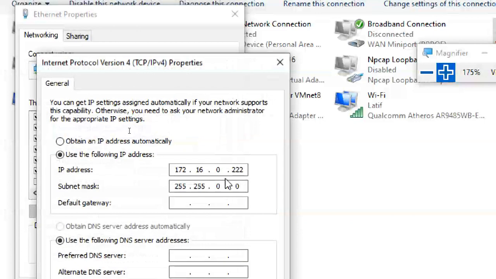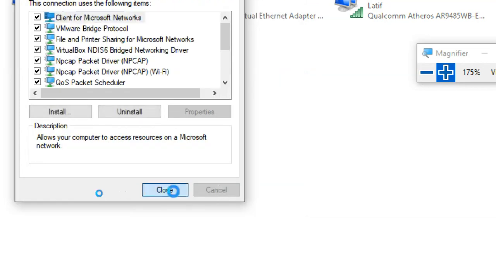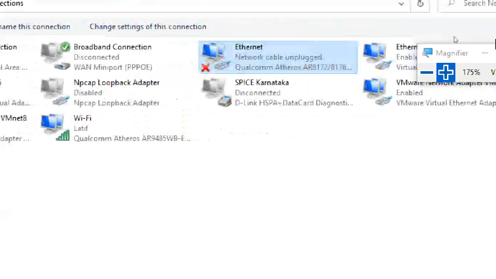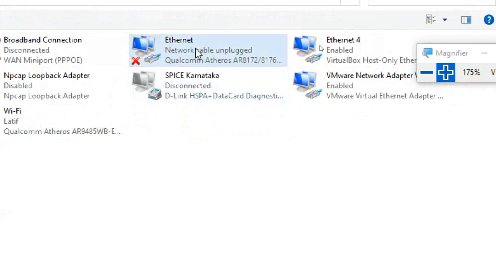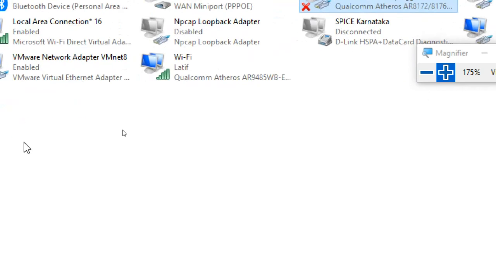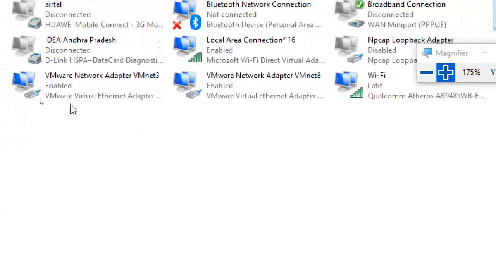But what is the use of this IP address? Nothing. It is there, but still no use. We are not connected to anything. I'm not connected internally, and I'm not connected externally also. Okay, so that's a different point. No wire connection, not connected, whether it is manual or anything.